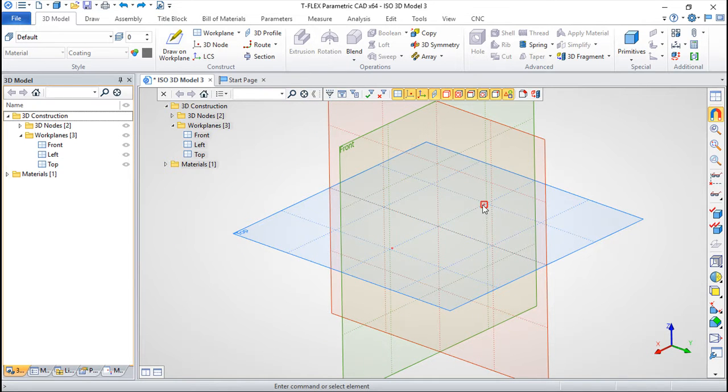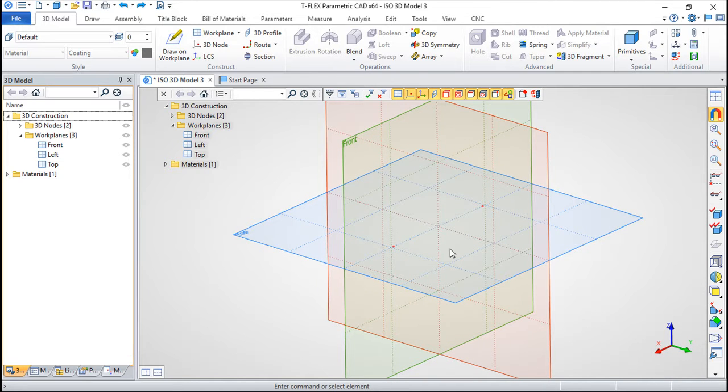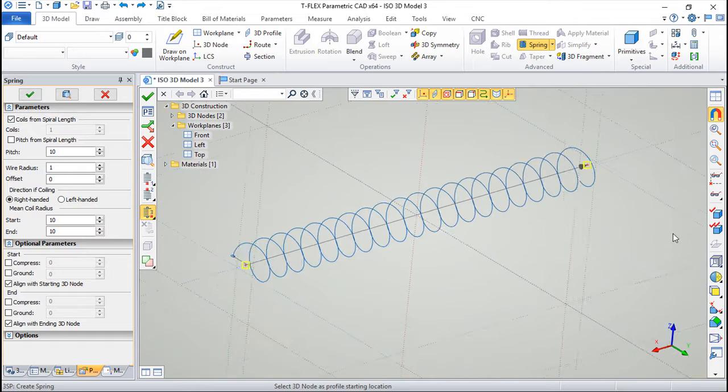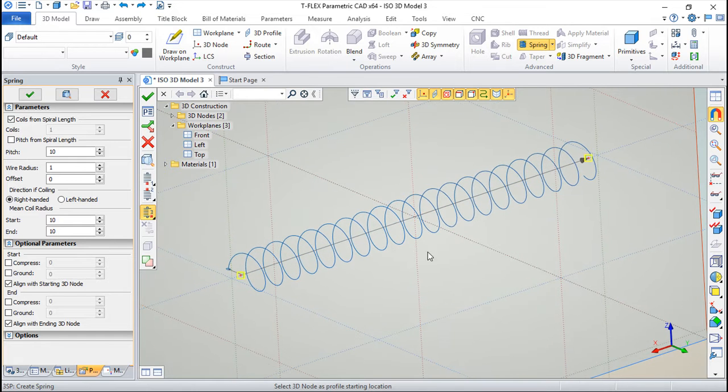I've created two simple 3D nodes to define the axis of the spring. This was the only preparation in this particular case. So under the 3D Model menu, we have a function in the Advanced group called Spring. So I will define my nodes. Okay, as you can see, I already have a helical curve, and now I will give the parameters to create the spring. So first,